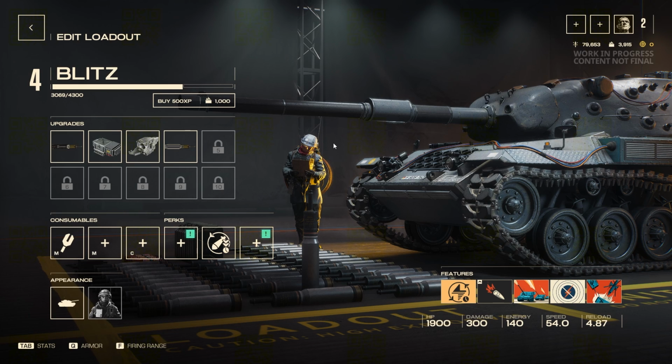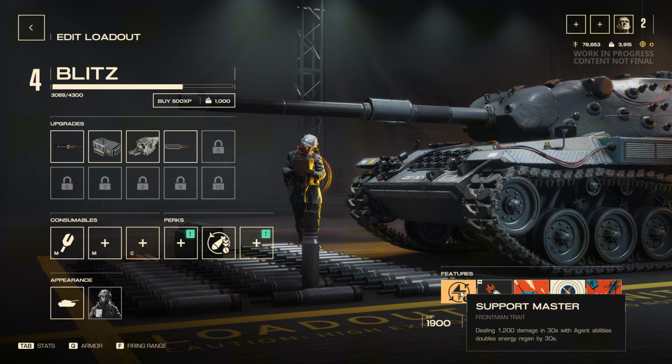Now, the coolest thing I think about Blitz is that this is not like a typical tank from World of Tanks or even War Thunder. Blitz relies a lot on energy, and Blitz starts out with among the highest base energy pools in the game. But there's a good reason for that because the abilities require that you spend energy. So the frontman trait for Blitz is Support Master. After dealing 1200 damage in 30 seconds with agent abilities, it will double the energy regeneration for 30 seconds. So this just makes you even more potent with your ability usage by giving you double the energy regen for